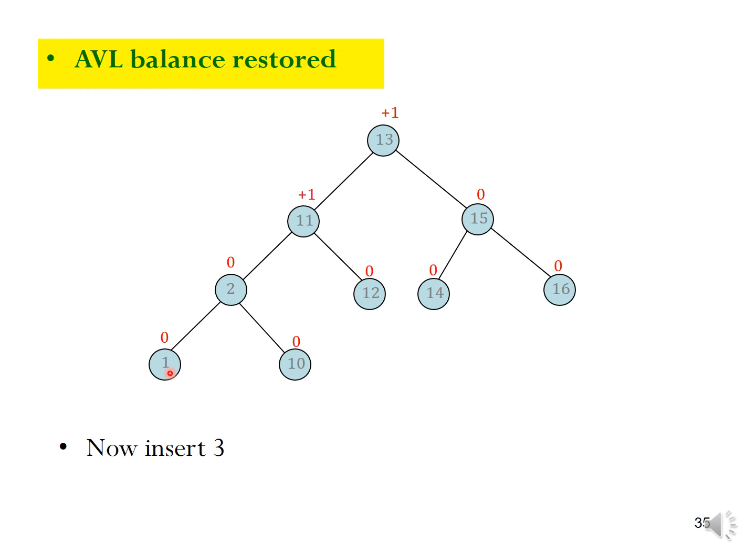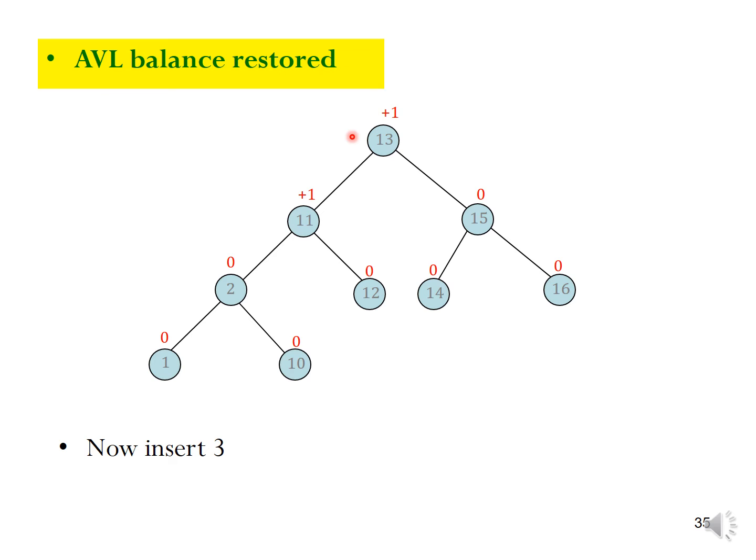So now we will calculate the balance factor of all the nodes. We can check all the leaf nodes will have the balance factor 0, like 1, 10, 12, 14, 16 will have the balance factor 0 and the balance factor of 2 is 0. This is 1 minus 1, 0. This is 2 minus 1, this is again plus 1, this is 1 minus 1, this is 0, and this is 3 minus 2. So this is plus 1 because the height of the left subtree is 1, 2, 3 and the height of the right subtree is 1, 2. So 3 minus 2 is plus 1.